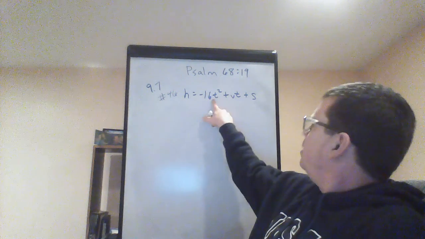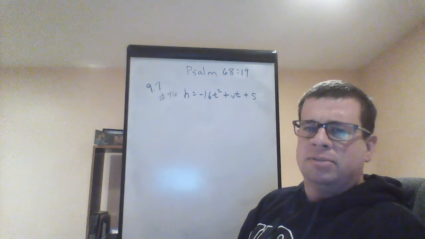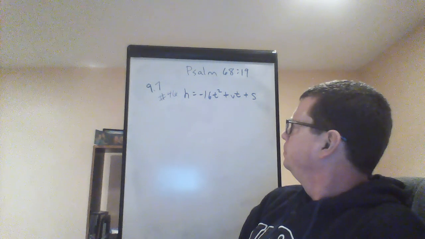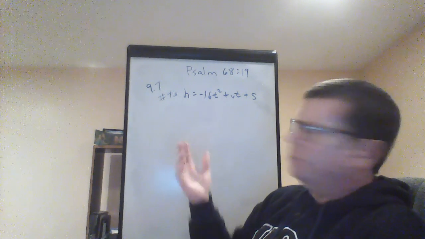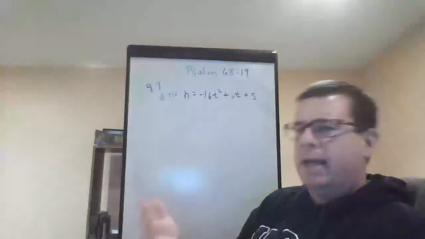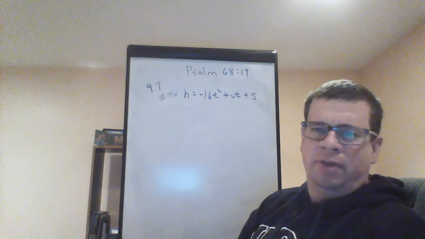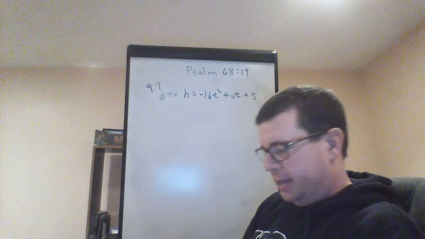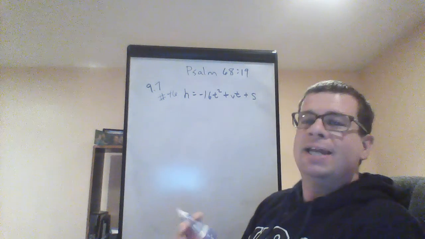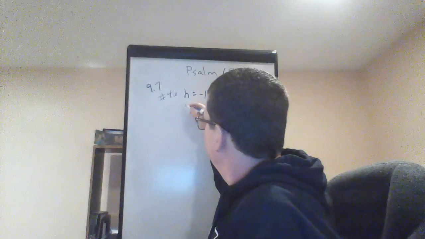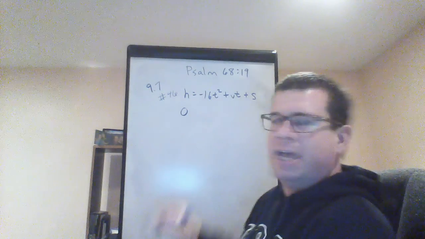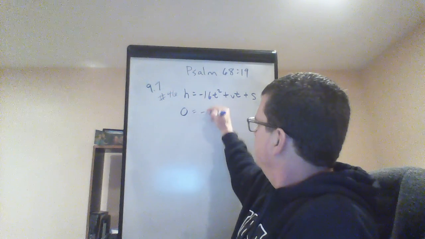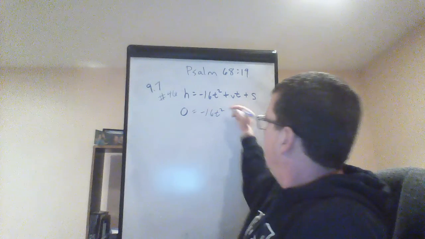Again, t is going to be my variable, simply because that's what we're looking for. How long is it going to take? So time is my variable, so that's the one thing I'm not going to fill in. I should be able to fill in values for the rest of this. So we're looking at, when is this thing going to hit the ground? All right, so the height that we're looking at is 0, negative 16t squared,